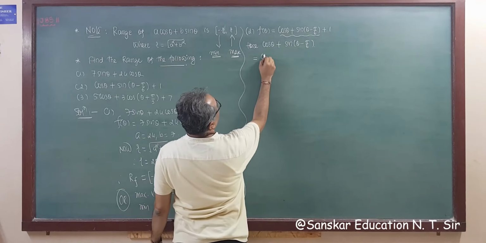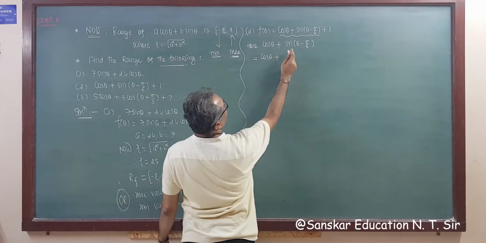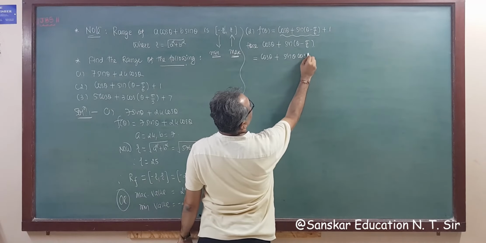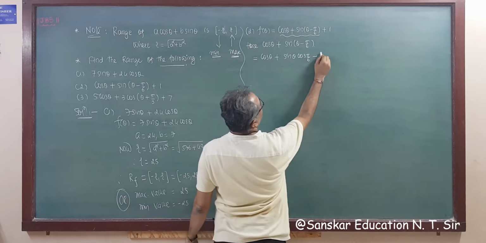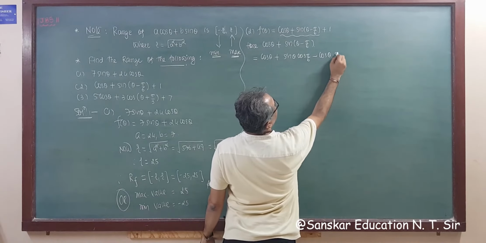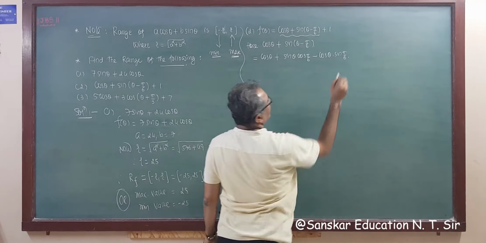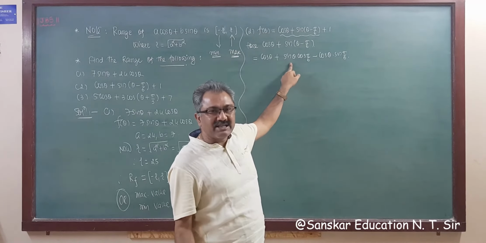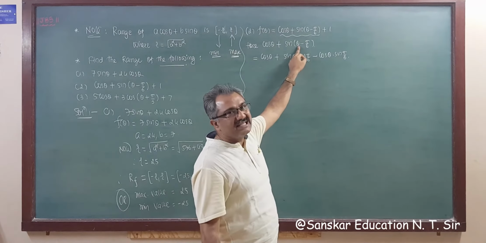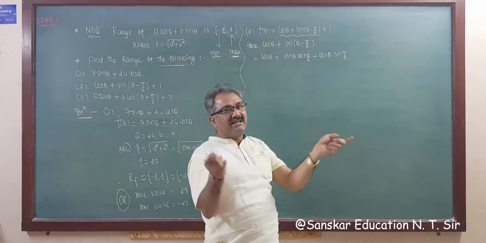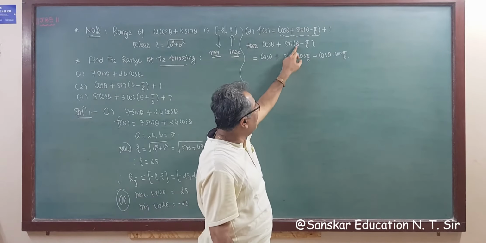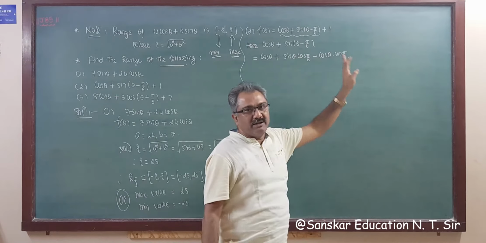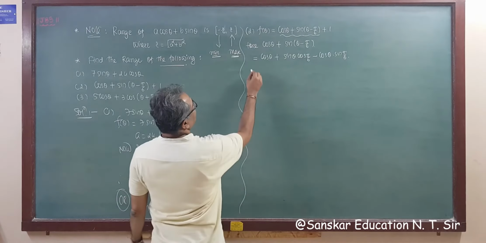So this is equal to cos theta plus sin a minus b, that is sin a cos b minus cos a sin b, right? You saw what I did: I take the formula in standard form sin a cos b, but instead of a it is given theta and b is pi by 6, so I am writing theta and pi by 6, that is sin a cos b minus cos a sin b, right? Now this is cos theta